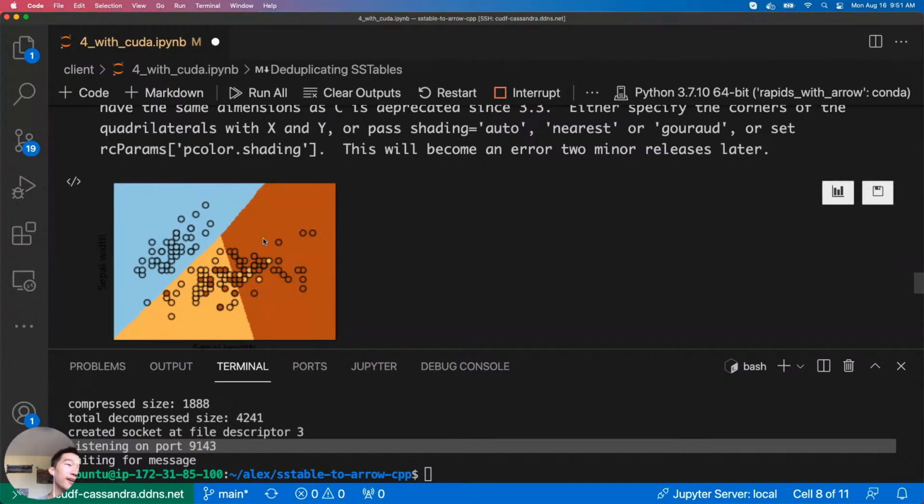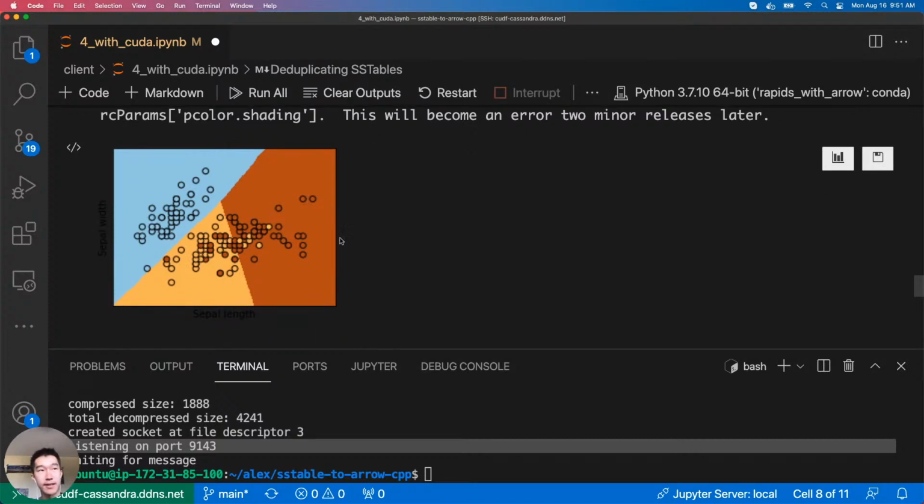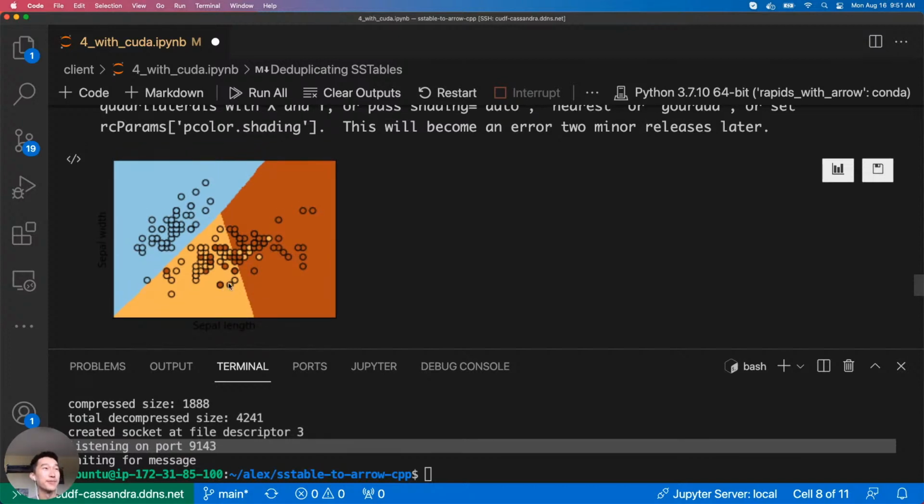But you can see here, we're able to classify those data points, that iris data set. Blue is one species, brownish is another species, and yellow is another species. And all of this is done on the GPU. So hopefully that gives a sense of what Rapids is used for, and what SS-table to Arrow